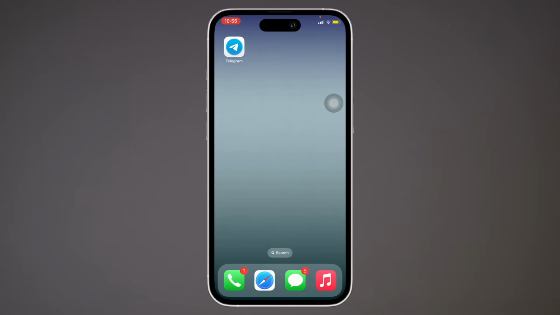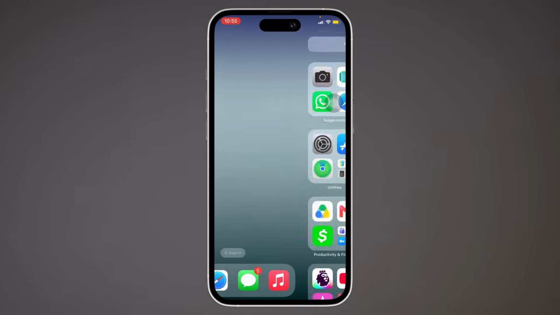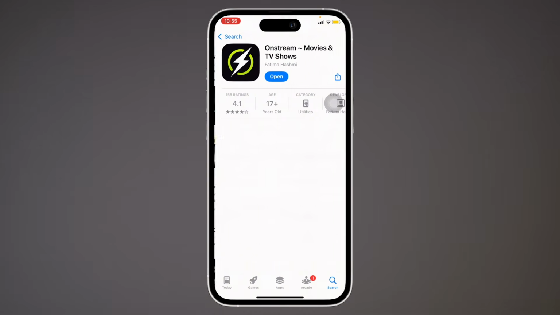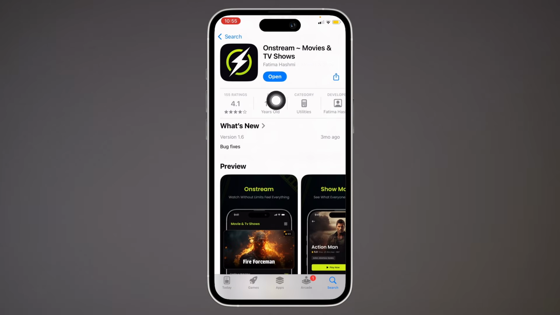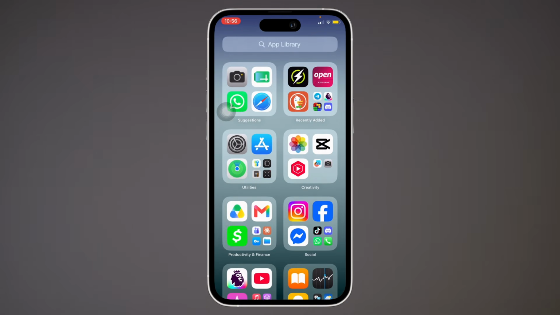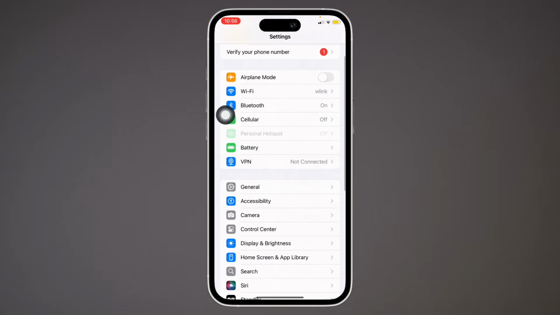Now let's get right into the tutorial. First things first, go ahead and open App Store on your device, tap on the search bar and search for OnStream, and make sure that the OnStream application is updated to its latest version. If not, then you can simply update the app, as if you do not have the updated version of the app, then the app might not perform to its fullest. See if that helps you in fixing your issue, and if not, then open settings and then tap on